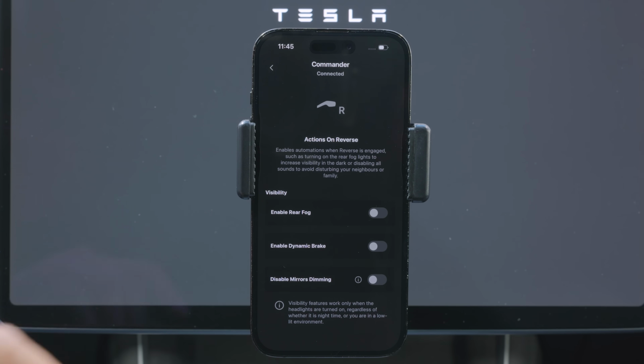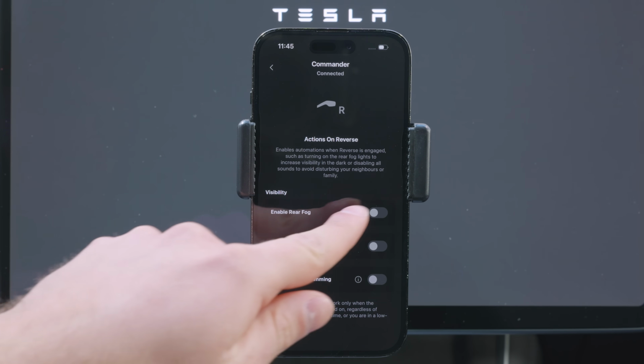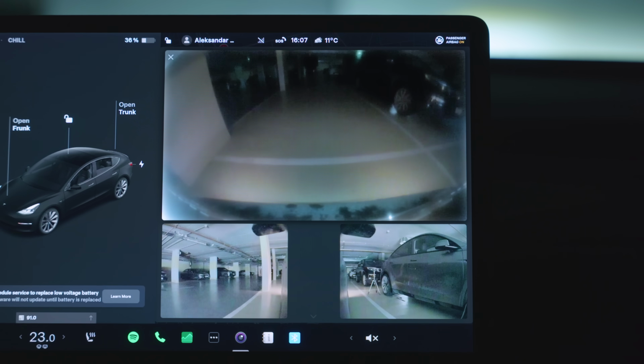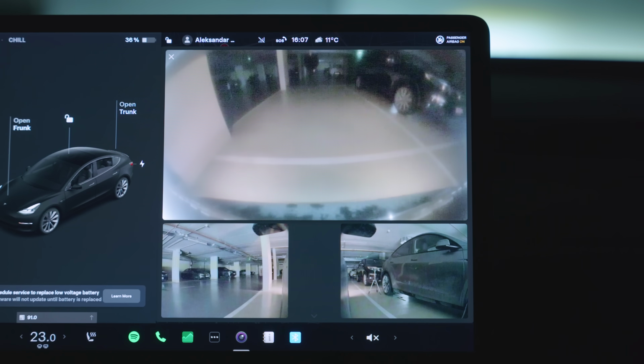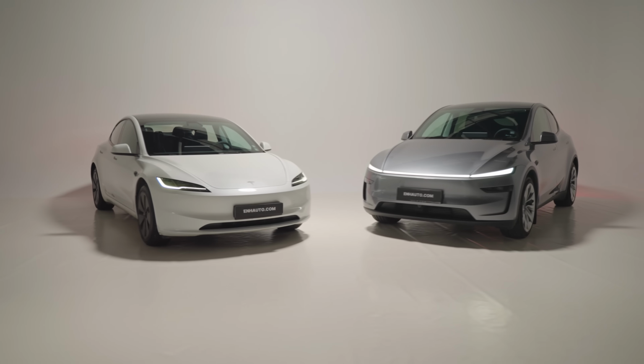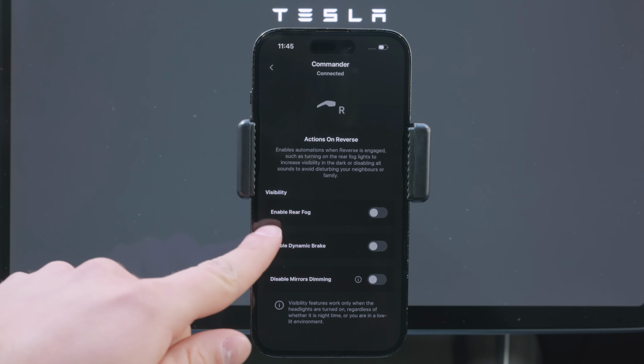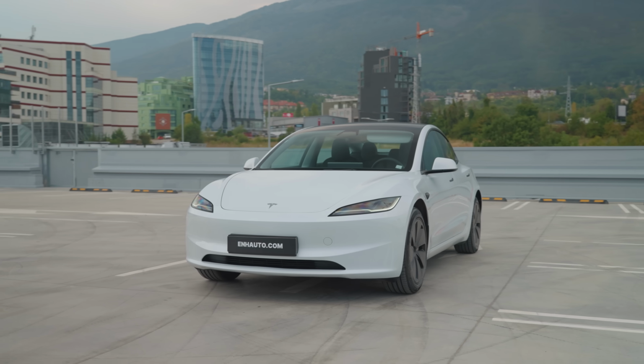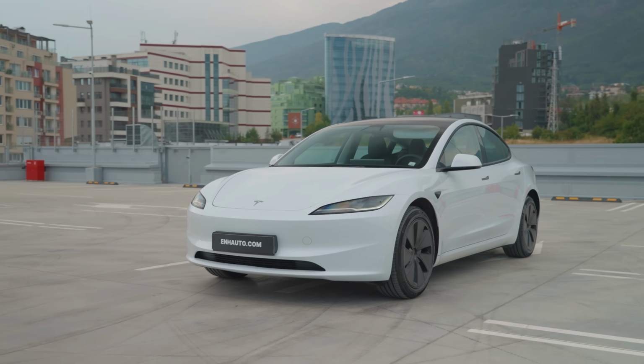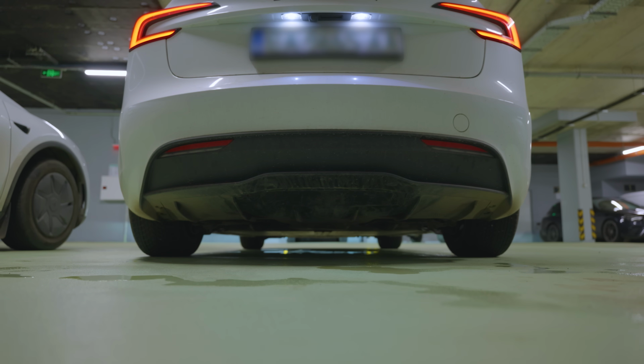want to use. The first option allows you to activate your rear fog lights, improving visibility when parking at night or in low visibility conditions. It's worth noting that US-built Highland and Juniper models are not equipped with rear fog lights, so this feature won't be available for them. However, the Model 3 Highland Premium does include rear fog lights that aren't accessible through the Tesla screen, but can be activated using our S3XY products, meaning the automatic enabling of the rear fog lights will